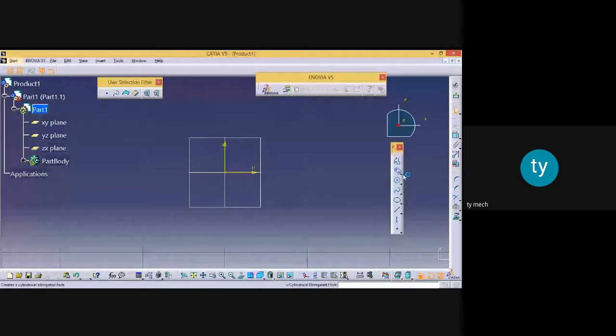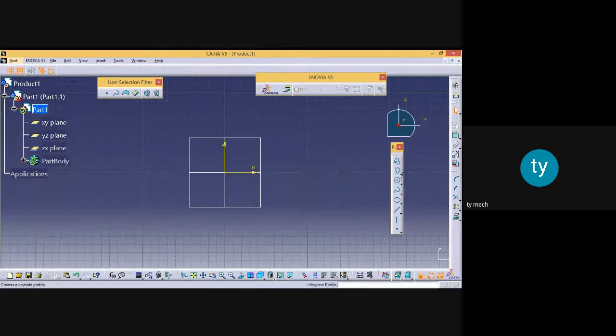Then next is a keyhole profile. So select keyhole profile and select a point or click to locate the start point. So I will select this point. Then what is the next instruction? Define the center of small radius. I will select this one and I will draw like this. Okay. So this way you can understand. So this is a keyhole profile.